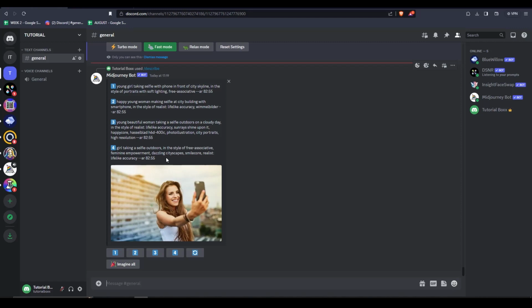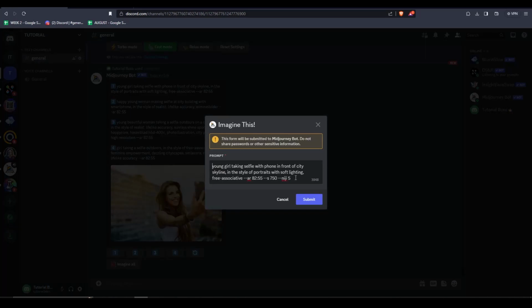Once you have your descriptions for your selfie, feel free to generate images using the said AI descriptions. Underneath the descriptions, you'll see numbered buttons. Each button will correspond to its respective description. So go ahead and click the generate button, and a prompt will appear for confirmation. Oh, do note though to add the --style expressive at the end of your prompt to create the expressive Niji style. After generating image grids for each description, make sure to select and upscale the images that you wish